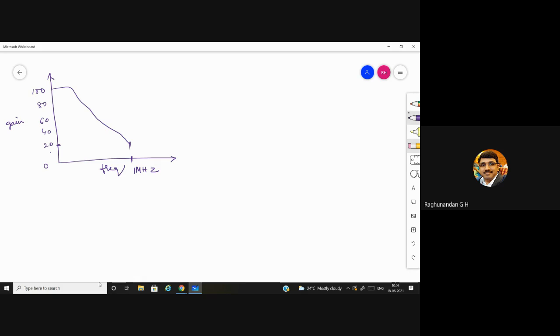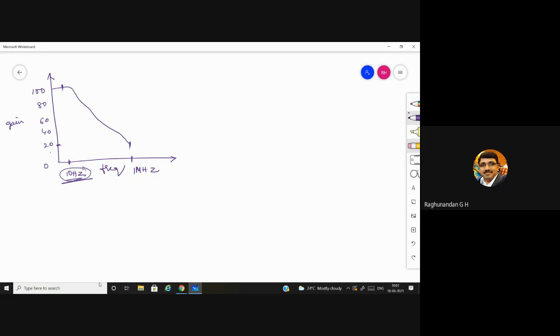Practically speaking, it is just going to have 10 hertz as its bandwidth. You were telling, no, it was having infinite bandwidth or it is having 1 megahertz bandwidth in the characteristics. But practically speaking, only till 10 hertz we are able to get the maximum gain, 100 decibel. After that, it starts decreasing in terms of 20 dB.